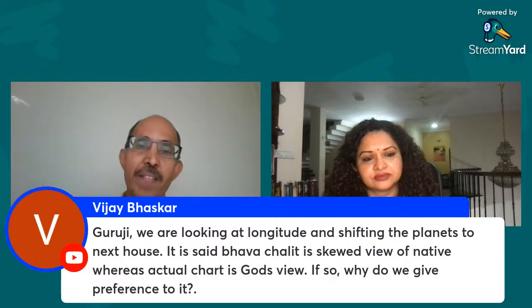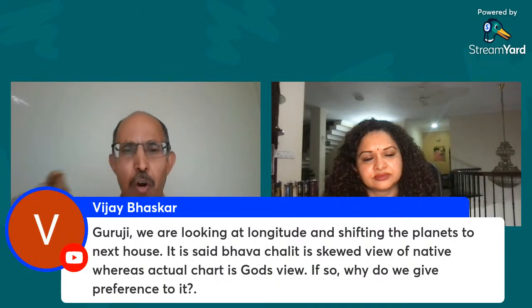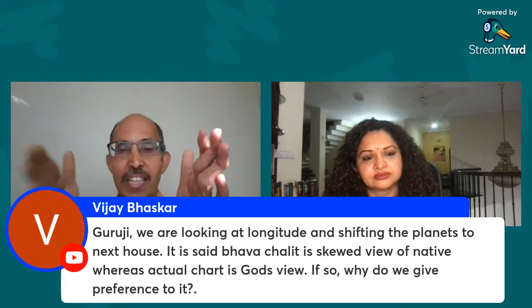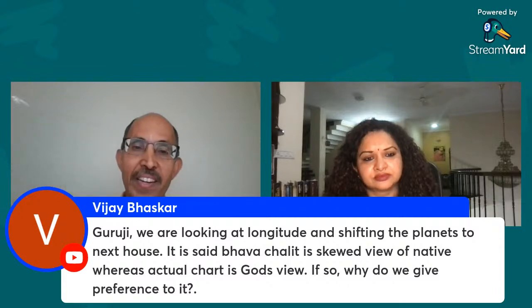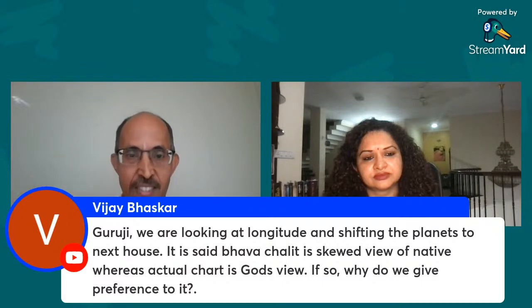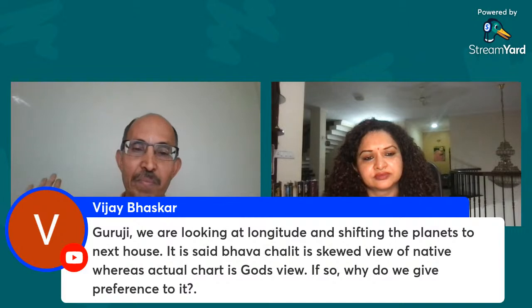To see the aspects of planets and the houses of planets, he gave clear formulas based on the longitude and the differences between the longitude. He gave clear quantification. So the notion that Jupiter at 29 degrees Scorpio is in the 12th house in Rasi chart, but first house in Bhava, is nonsense. There is no Bhava in Rasi chart. Rasi chart has Rasis, Bhava chart has Bhavas, period.